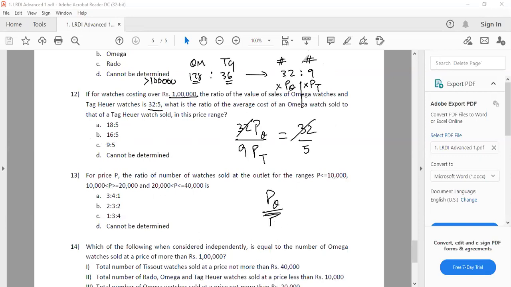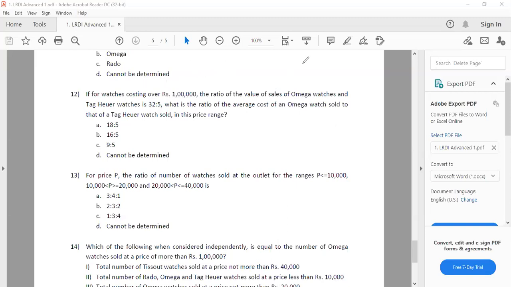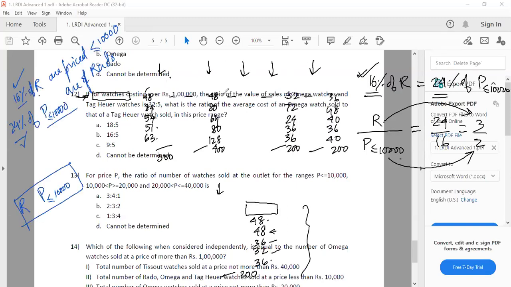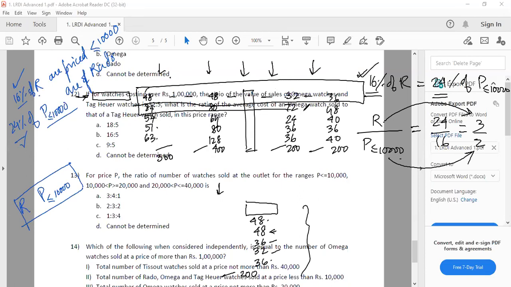Will this come up again? I think it can. I'll be able to show that table again. Yeah, okay. So it says prices less than or equal to. So add up the values according to this line. There is one more here, okay? I have removed that. So add that line, then the next line below it, and the next line below it, add those values separately, and then take the ratio. That's the answer they're asking for.